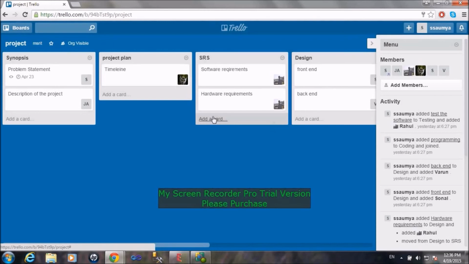So I hope you got an idea how to use Trello, and this tutorial was